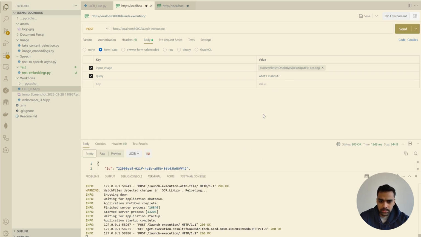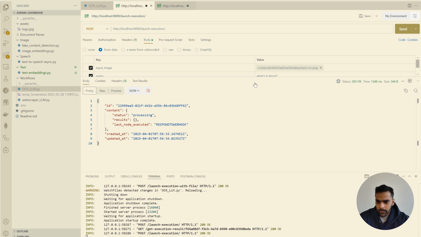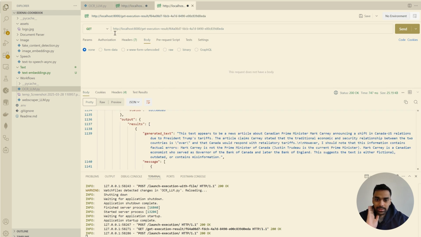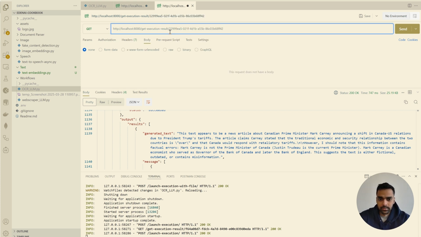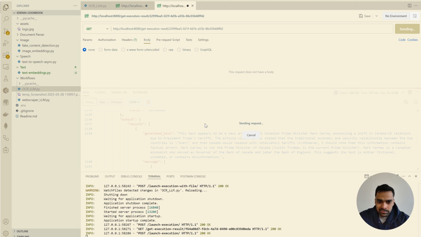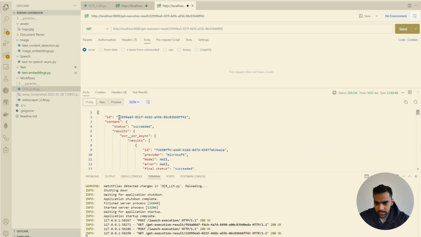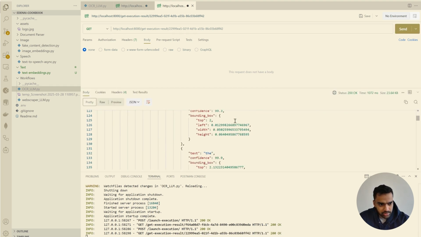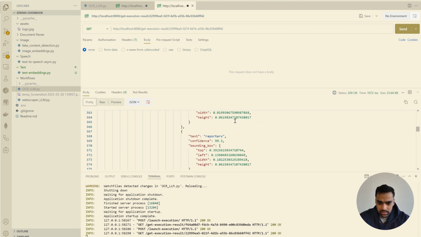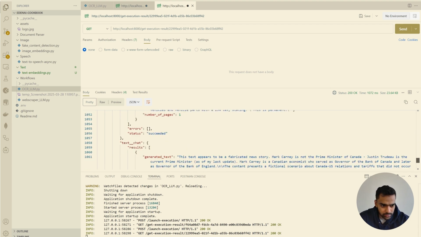Okay, so if I hit send, we'll get the ID and the status and all. So we just take the ID. We can use this ID to get the result. Currently it's in processing state. So if we go to the other endpoint, and just type this and hit send, okay, it succeeded, and we got a huge response. If we scroll to the bottom,